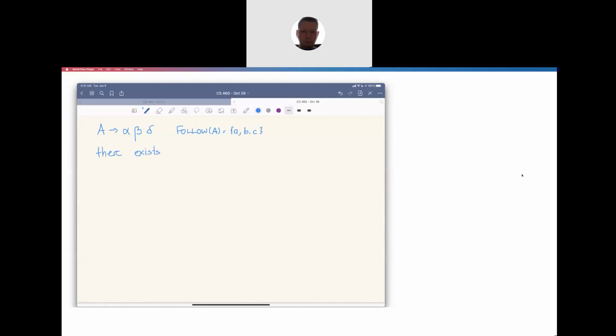Well, I need an LR0 item. How many of those can I make? 1, 2, 3, 4, and then I can give them one of those look-aheads. So there exists 4 times 3, which is 12 LR1 items. And they are: